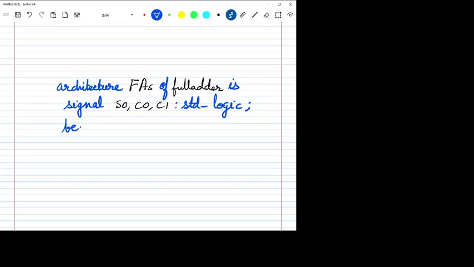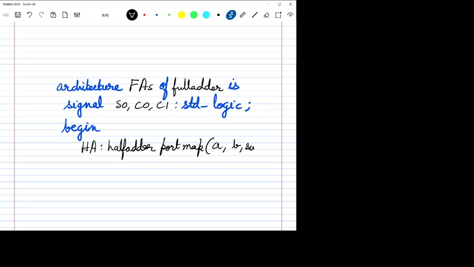Then I can say begin, and then I can instantiate HA. This HA would be of type half adder. So this is a subcomponent, and then in that I would define port map. So let me just put here port map, and I will map the pins. In this case I have inputs A and B, and then the sum comes as S0. So if you remember, there is an intermediate S0, and then this comes as C0. Then this is HA1, then you have HA2, which is again an instantiation of a component called half adder,